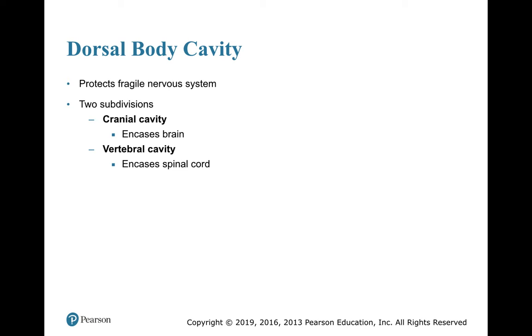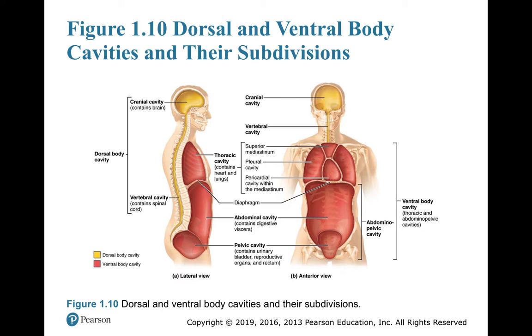The dorsal cavity is going to surround the nervous system. It's divided into two subdivisions: the cranial cavity, that's going to encase the brain, and the vertebral cavity that's going to encase the spinal cord. So the dorsal cavity is a little bit towards the back compared to the ventral cavity. It's got the brain here in the cranial cavity and the spinal cord within the vertebral